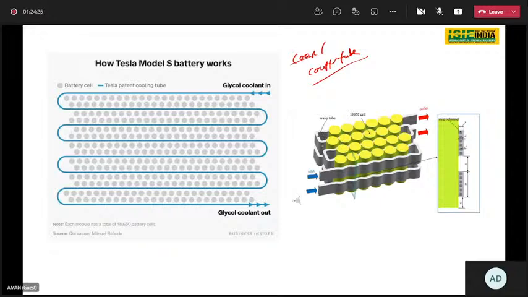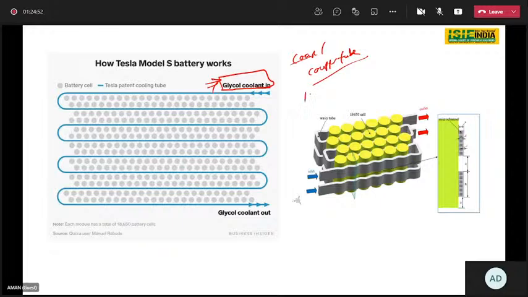It is very close to the side wall of the cell. This is the inlet and this is the outlet. So what exactly are they doing? Let's consider this particular point. Here they are using a glycol coolant. This is the glycol coolant. They are flowing this glycol coolant at a very low temperature,